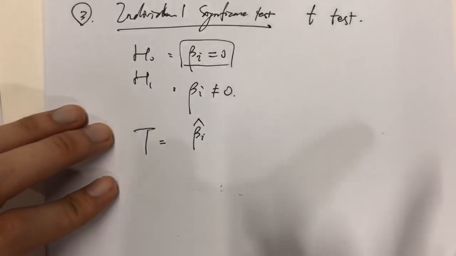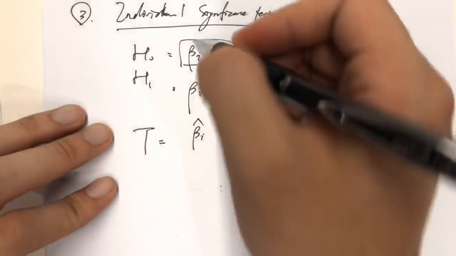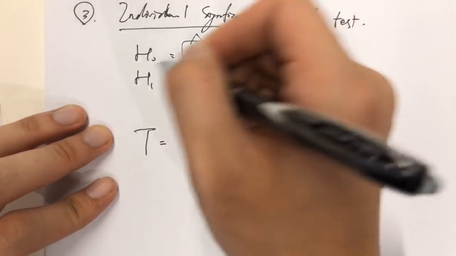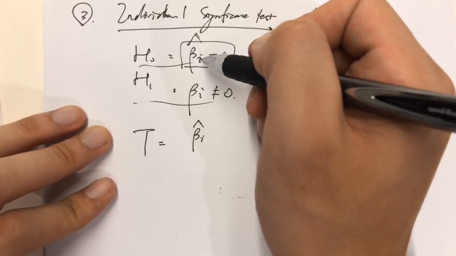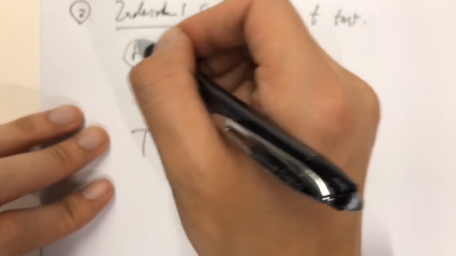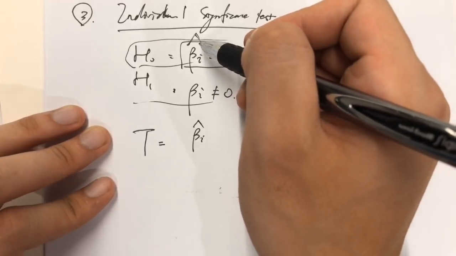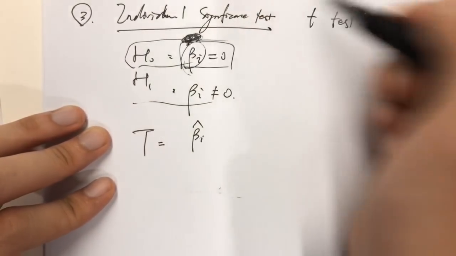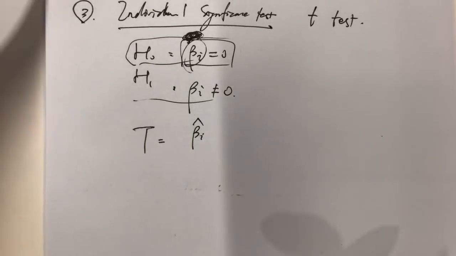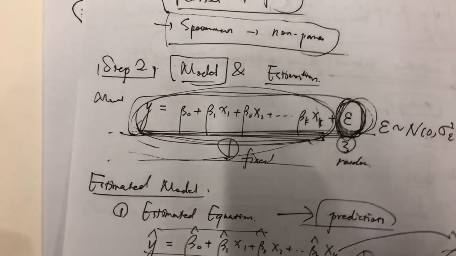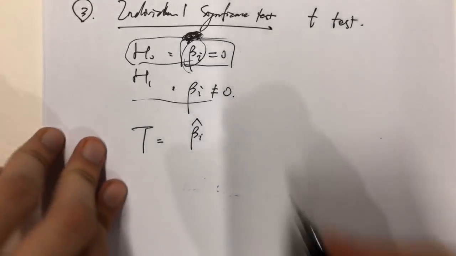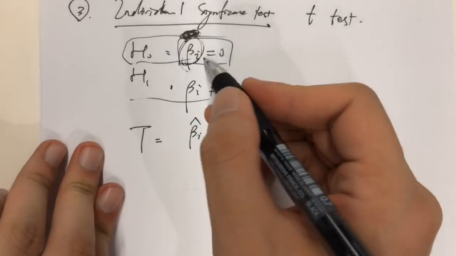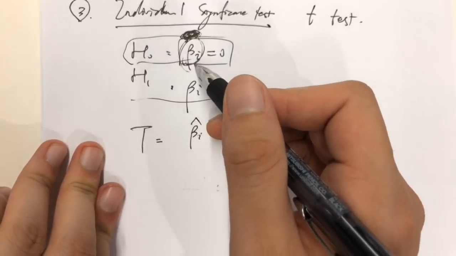So one thing you need to keep in mind is that never write beta hat equals 0 in your hypothesis, okay? Because the hats are the sample statistics you estimated, right? But for the hypothesis, we are testing parameters, okay? So the parameter is the population coefficient, which are beta 0, 1, 2 in our model, instead of beta 1 hat, 2 hat, 3 hat in our estimation, okay? So the hypothesis should just use beta instead of beta hat, okay?